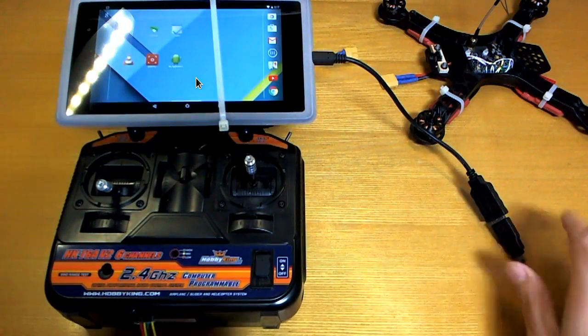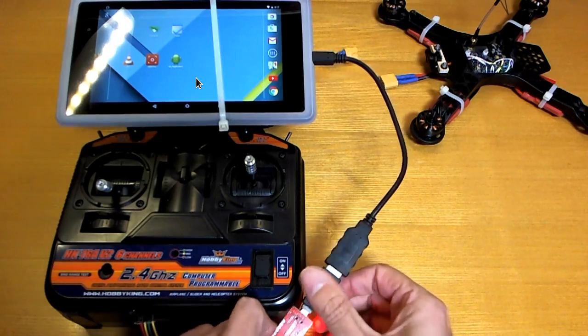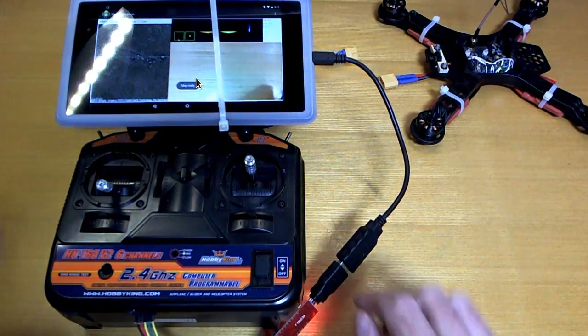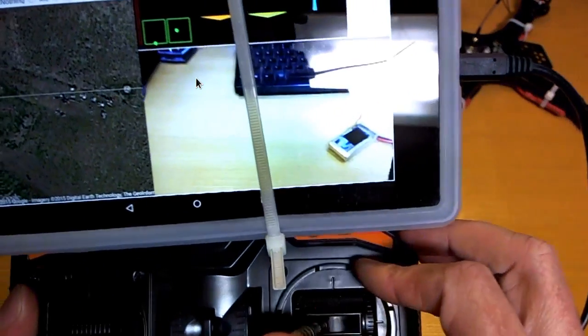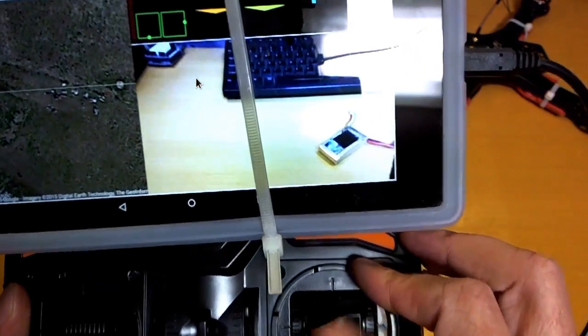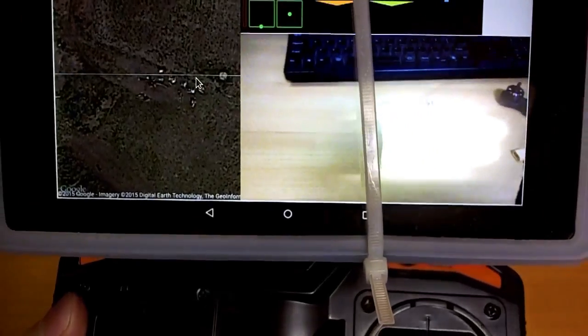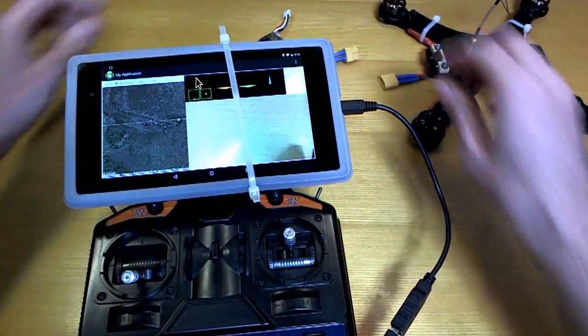It's a bit ornery, this app, though. The only way it works is if I start it up by plugging in the transmitter. So now we should see, when I move the sticks, you'll see the sticks moving there, like that. And notice when I move the throttle stick to the bottom right, nothing happens. Now when I connect the quad up,